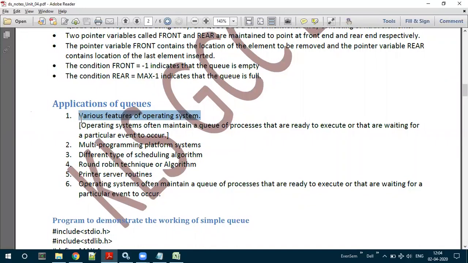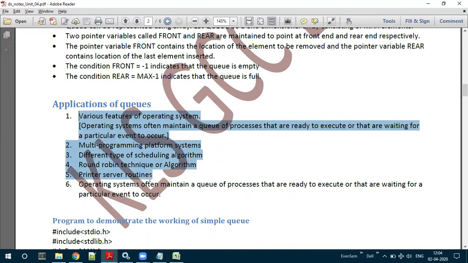All these first in first out mechanisms work based on the concept of queues. Multi-programming systems, different types of scheduling algorithms, the round-robin technique, printer server routines. The operating system often maintains a queue of processes that are ready to be executed or that are waiting for a particular event.